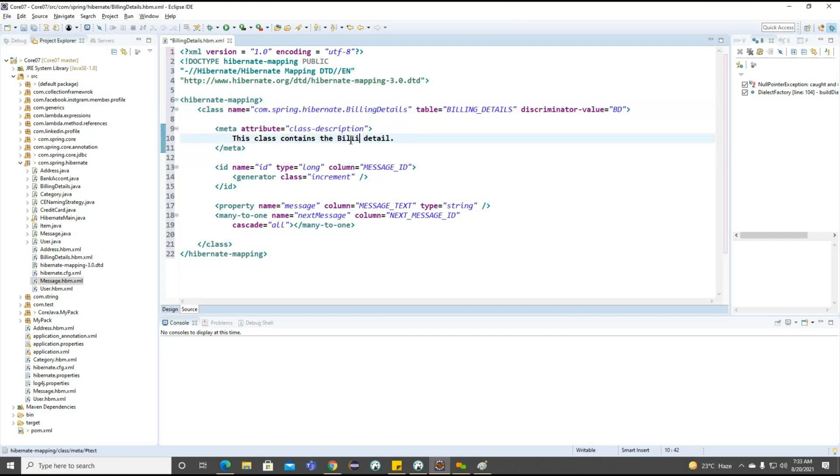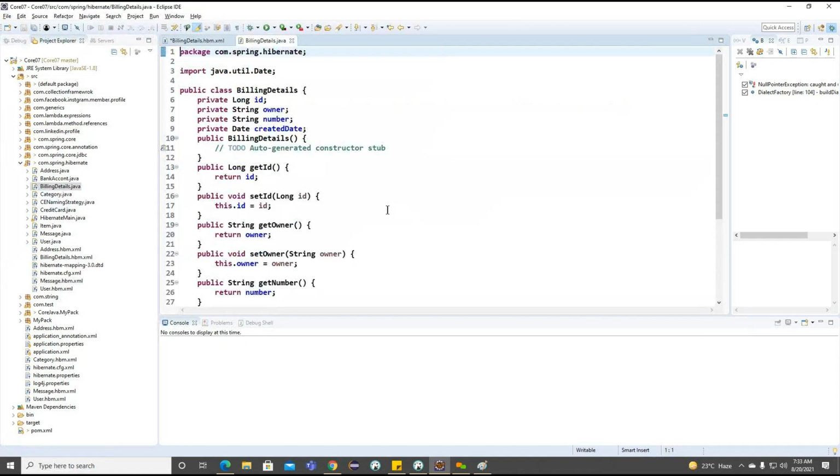Right. Now, let me provide the BillingDetails, and the ID we are having. So what is the column we can define here? BillingDetails ID, and we'll work on the increment. So no problem here, we can go for the increment. And what are the remaining properties we are having? Let me enable this BillingDetails here.